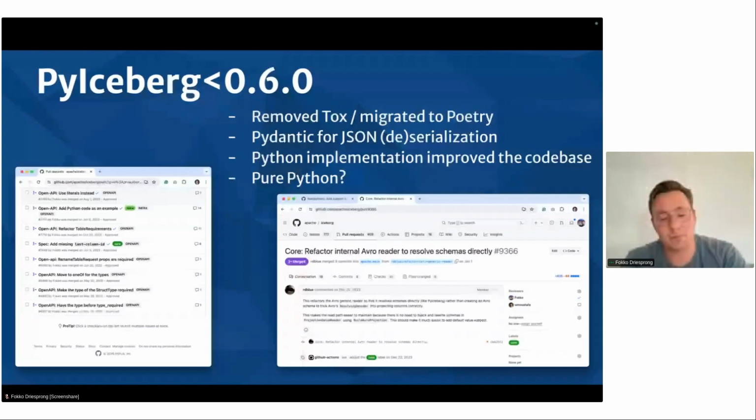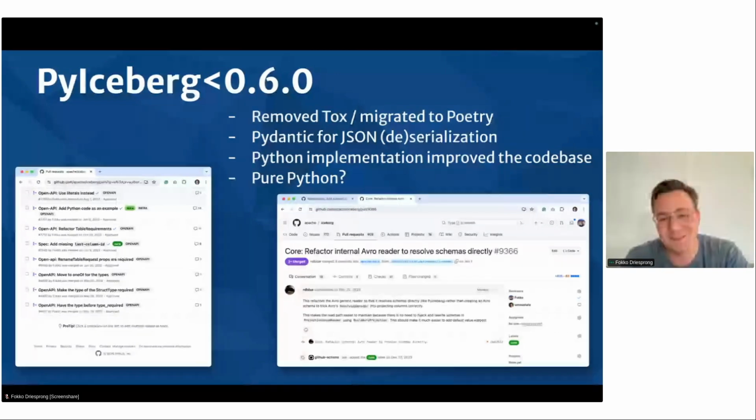This can sometimes be a problem. For example, in DataHub, the cataloging tool, we can see it's still at Pydantic 1, and it takes quite a bit of time to get this upgraded to Pydantic 2. So that might actually block the adoption of PyIceberg. Nevertheless, I don't really like writing all this deserialization code, so I think we made a good decision there.